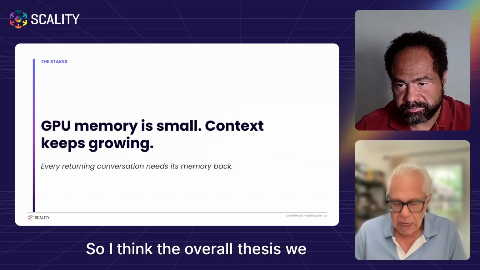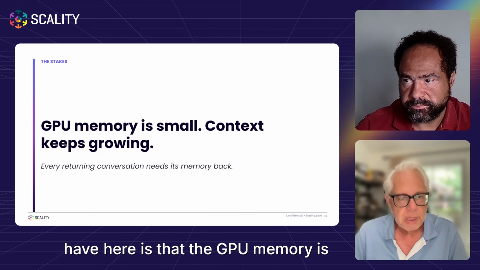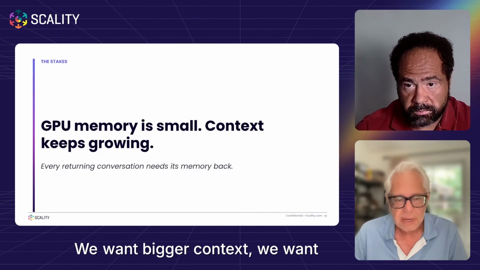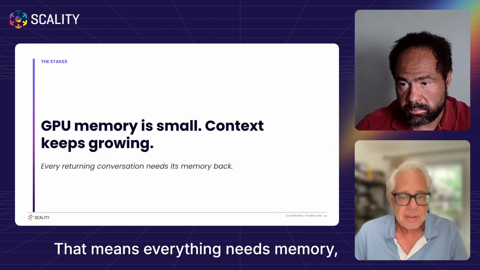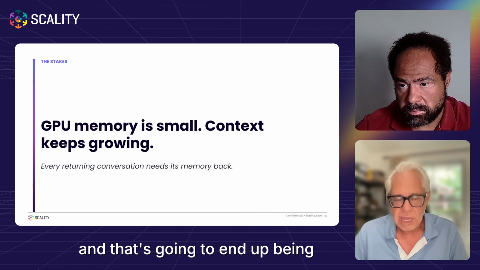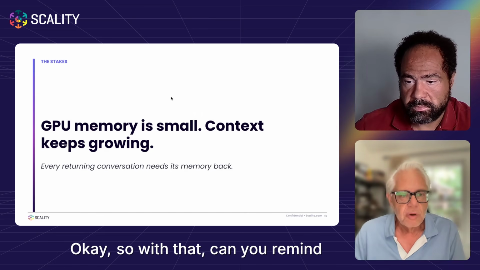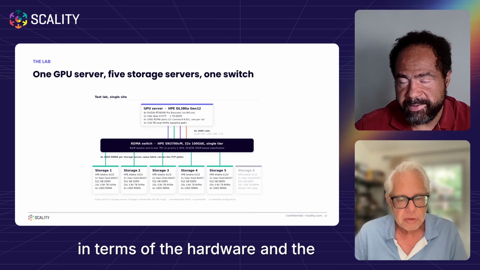Okay, very good. So I think the overall thesis we have here is that the GPU memory is small, but we're all hungry, right? We're all extremely hungry. We want bigger context. We want more users, more simultaneous sessions. That means everything needs memory, and that's going to end up being the bottleneck, right? So guess what? We're going to need storage to do this. Okay, so with that, can you remind us a little bit about the landscape in terms of the hardware and